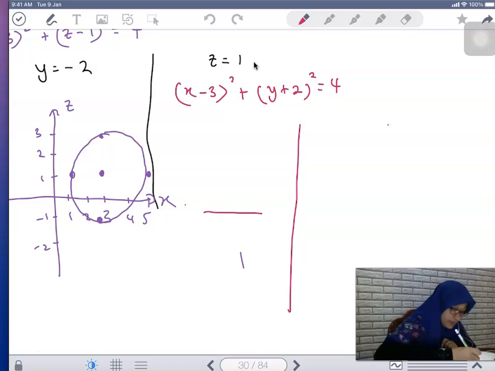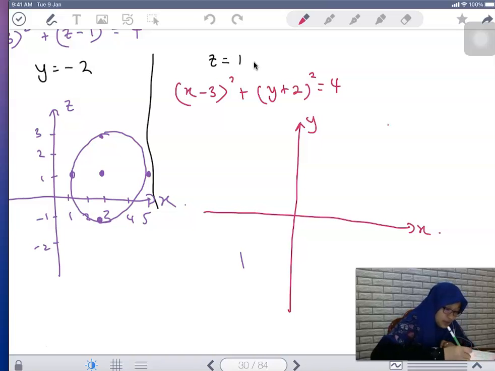On the y-axis plane, y, x. So the center is at 3, minus 2. 1, 2, 3, 4, 5. 1, 2, 3. 1, 2, 4. Okay, 1, 2, 3. 1, minus 1. So 3, minus 2